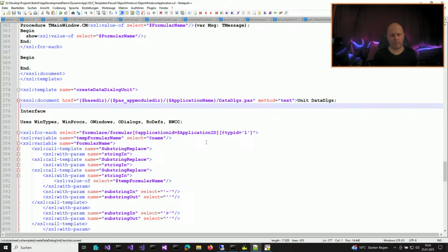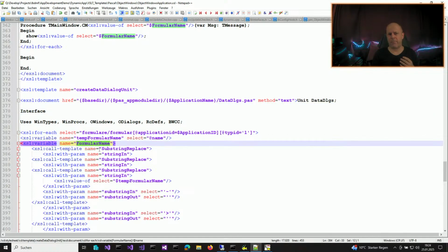Probably when I create several forms and I have to create them in different units, how do I split them? How do I name them? How do I produce a 8 character name out of some number of characters form names,